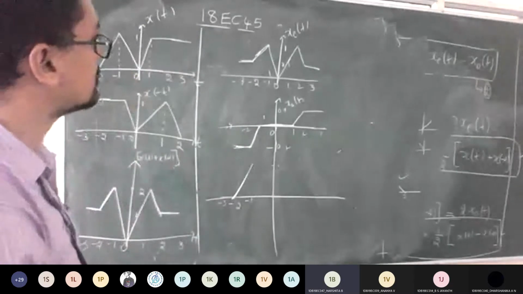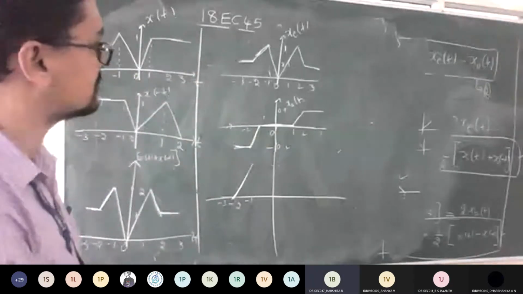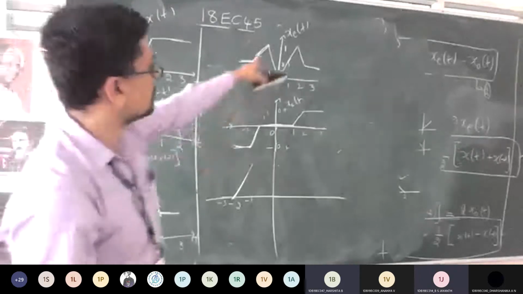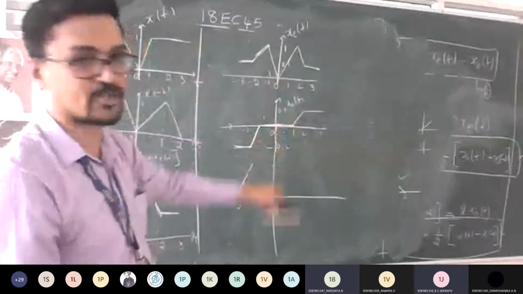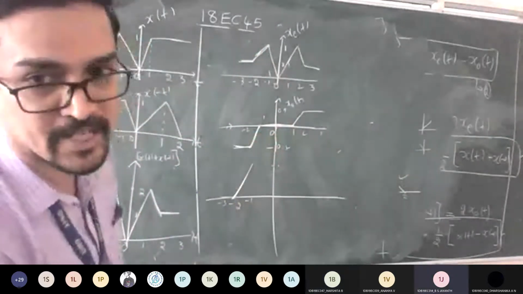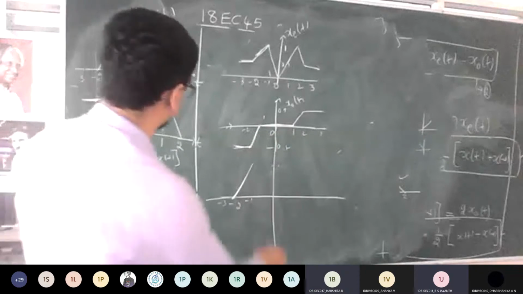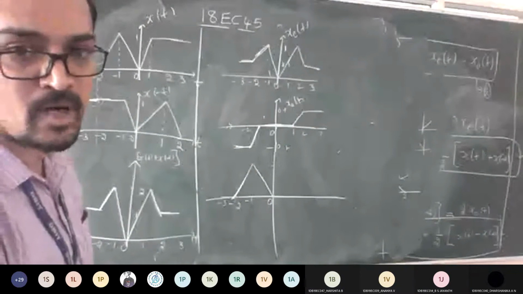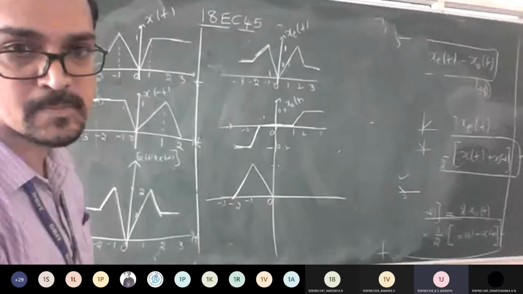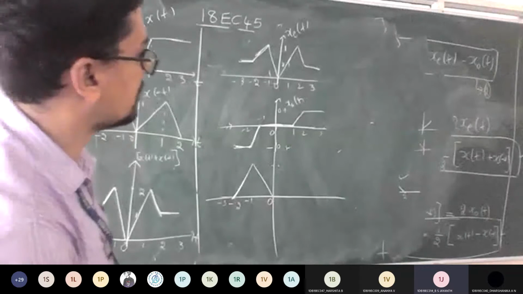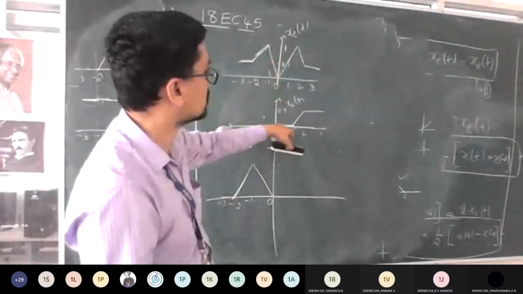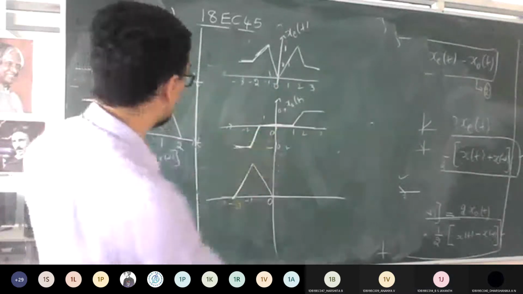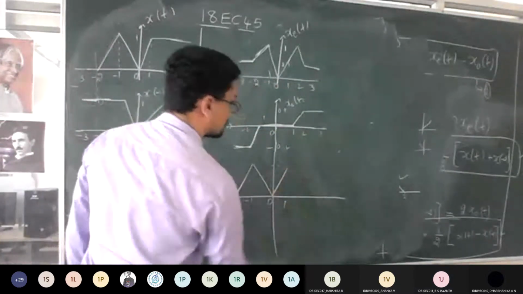Next, minus 1 to 0, one is dipping, here it is constant. So where should it go? This is dipping, this is constant, it means it should reach 0. Right or wrong? Correct. Is it fine here? Yes, sir. Okay. Next 0 to 1, check. 0 to 1 increasing, 0 to 1 constant. So this is 1 plus 0. It means 1 only. So it will go till 1 from 0 to 1.